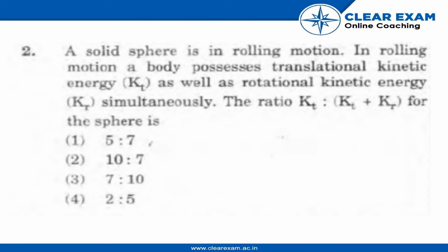So the second question that we have is: a solid sphere is in rolling motion. In rolling motion, a body possesses translational kinetic energy, that is Kt, as well as rotational kinetic energy, that is Kr, simultaneously. So we have to find what the ratio will be